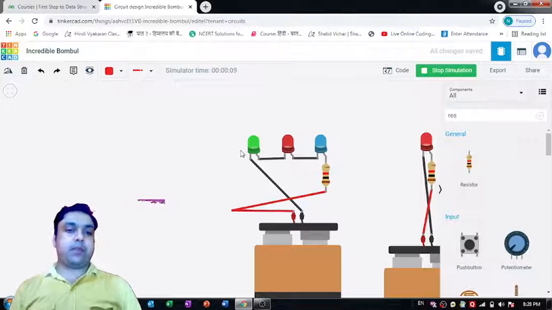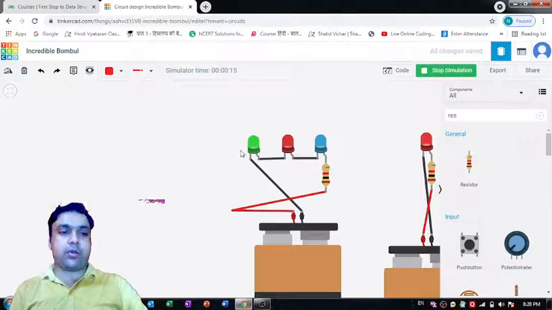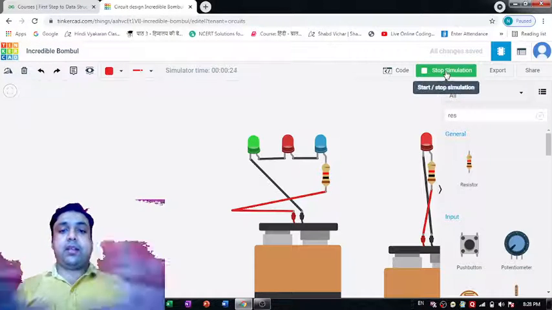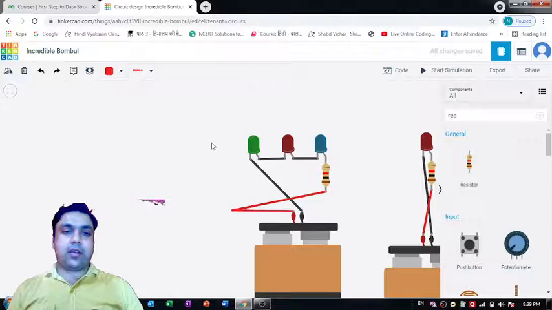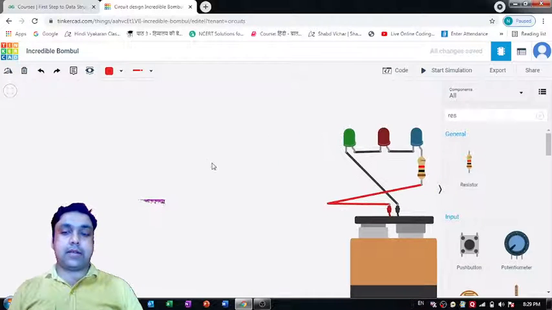Fine, I hope it is very much clear to every one of you. If it is not, if you have any queries related to this, you can put them in the comment section. Definitely I would be answering all your queries. Okay, so we are done with creating a beautiful series circuit. Now it's time to create a parallel circuit.